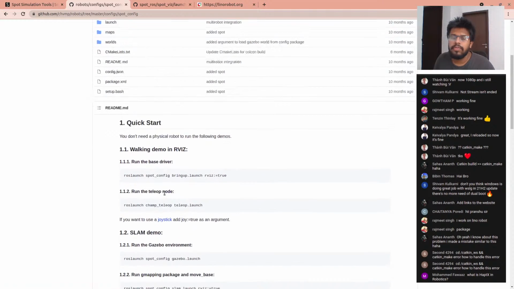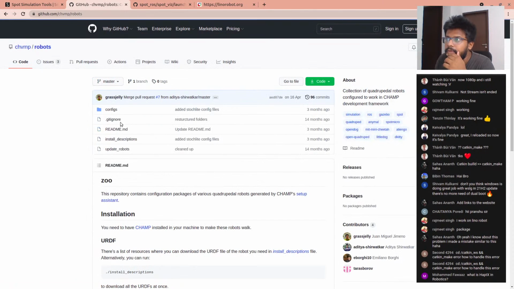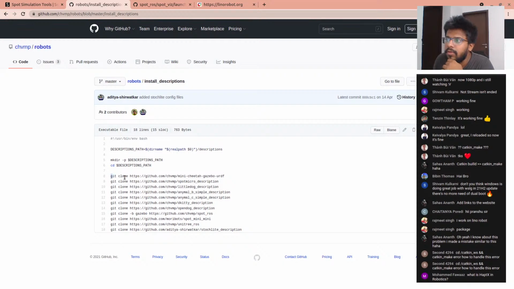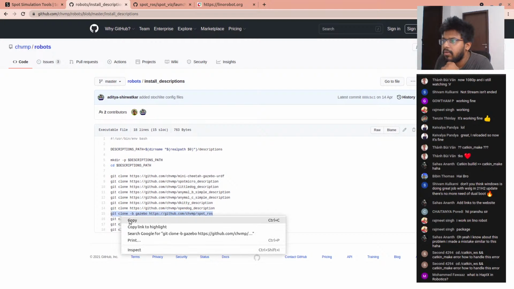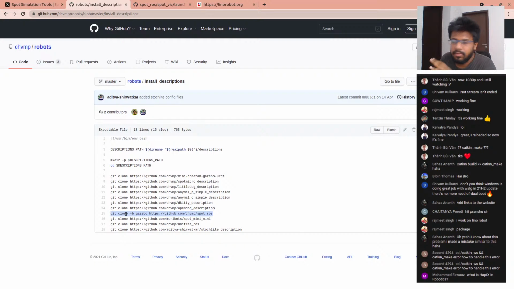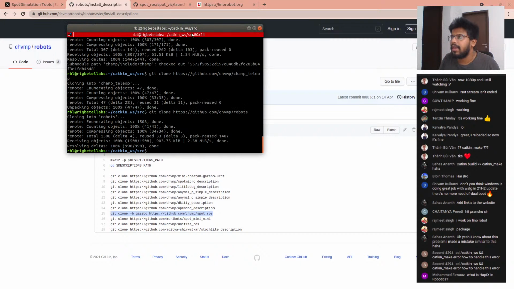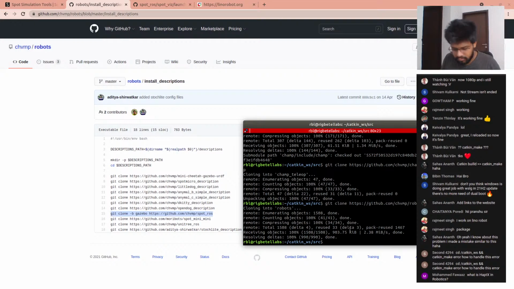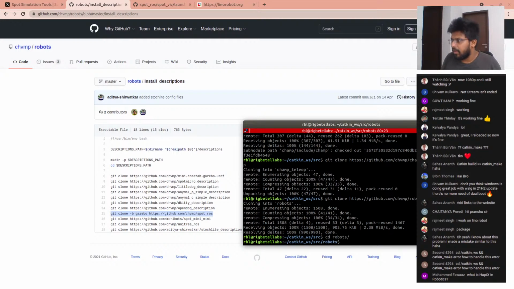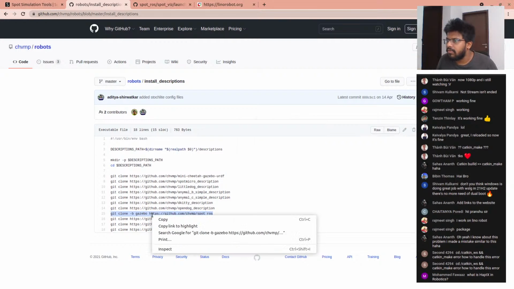So for each robot you need to install their description files as well. If you go over here, install descriptions, here you can see each one of them you can install personally. Okay, so we have all we wanted, this Spot thing. So we can copy just this. If you want to install all of them, you can open up a terminal, navigate into this path which is cd robots, and then type in install descriptions. If I press enter right now, it will download all these things, but I don't want all, I just want the Spot Mini. So I will copy it,